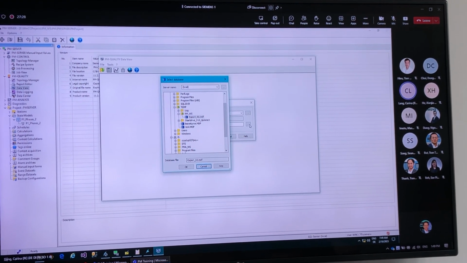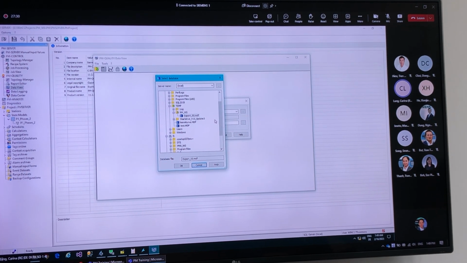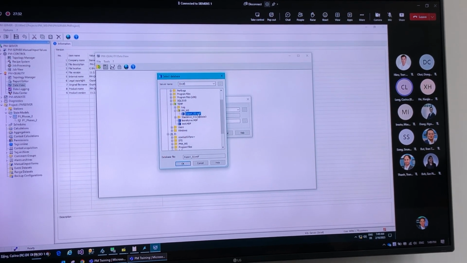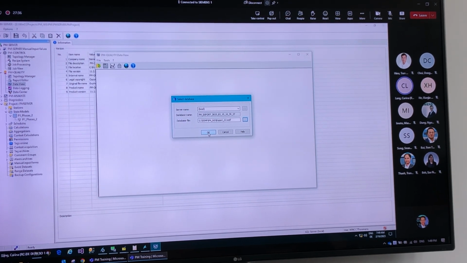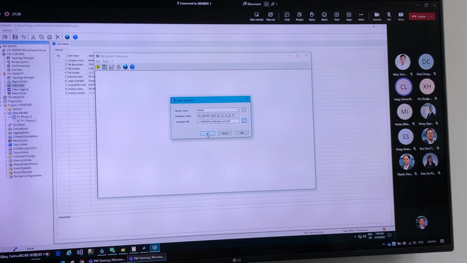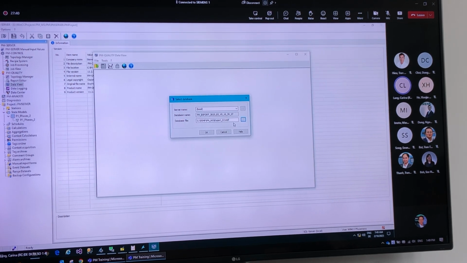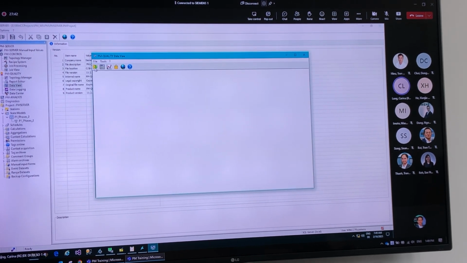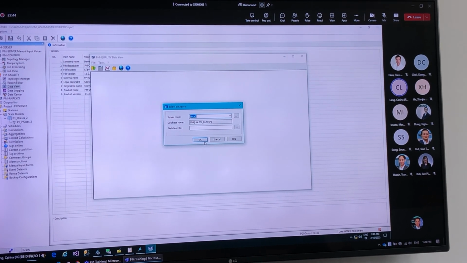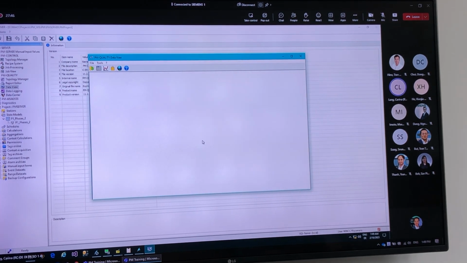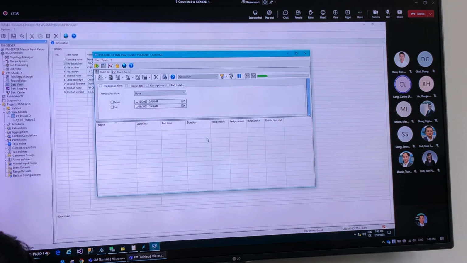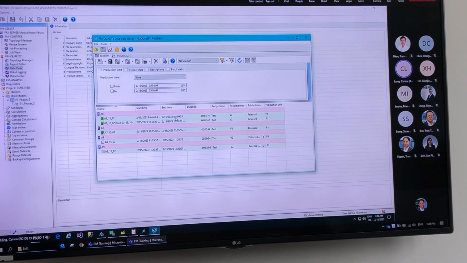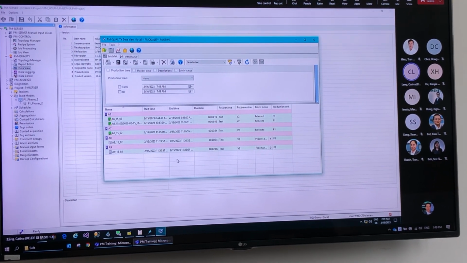So if we click on the button next to the database file, then we can select the database we want to open. For example, our export database. You click on OK, and if you then confirm this selection with OK, then the export database is opened. So I will cancel that one and go back to the runtime database for the moment. If we select OK, then the runtime database is opened with all of the batches we have created inside of this project,